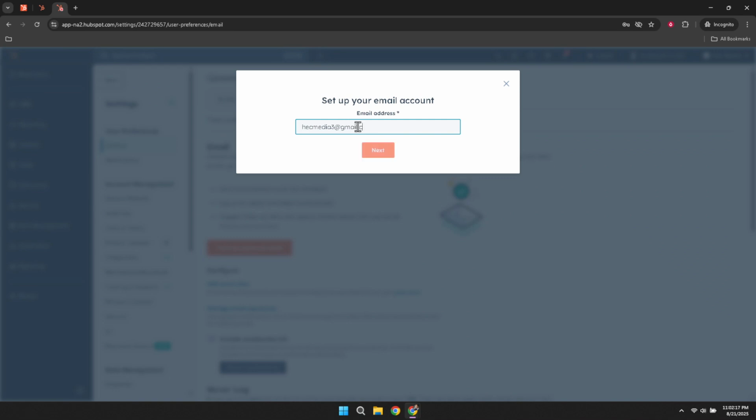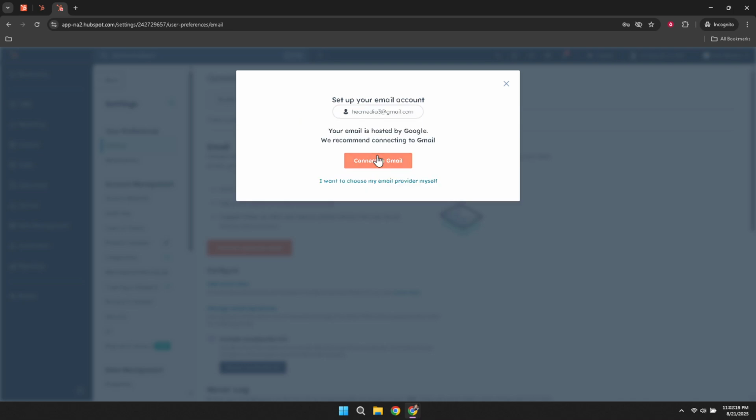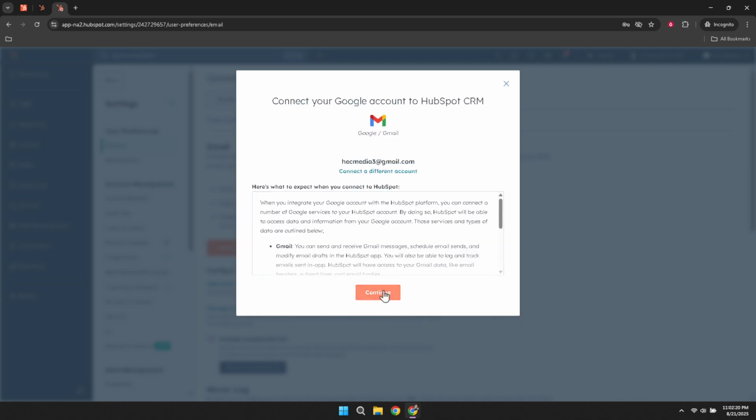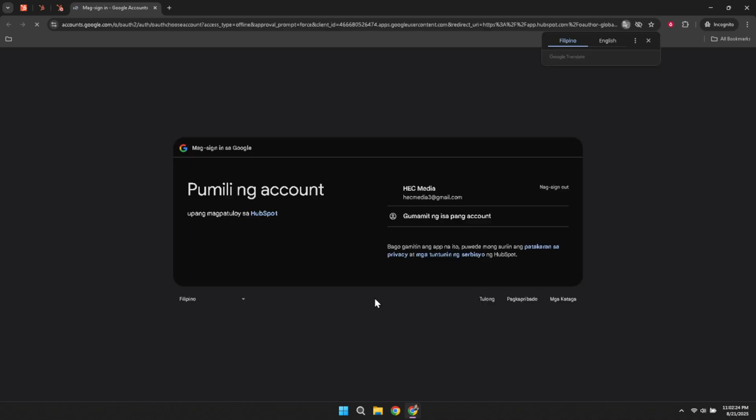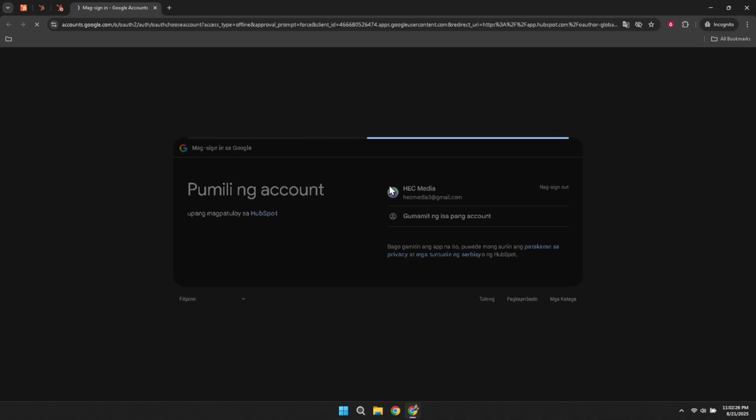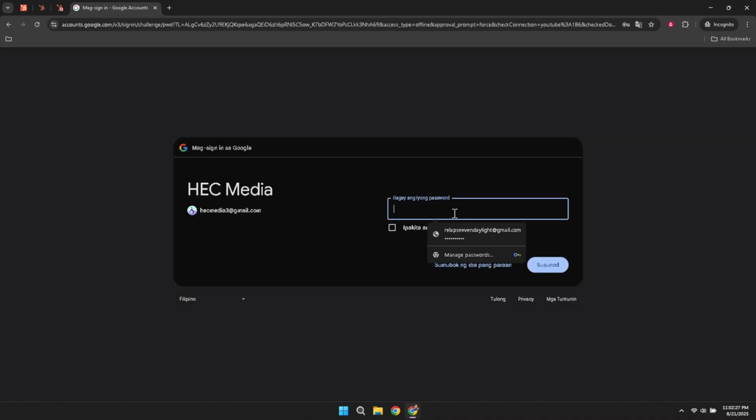Here you will see an option that says Connect to Gmail if you're setting this up with a Gmail account, which is a common choice for many users due to its widespread use and reliability. Click on it. You'll then be asked to click on Continue to authorize the connection. Go ahead and click Continue, and you'll be able to choose the Gmail account you wish to link to your HubSpot account. Select your account from the list provided, and just like that, you'll have integrated your email inbox with